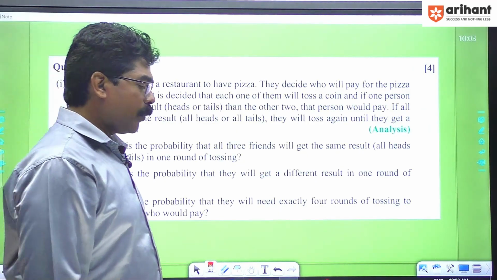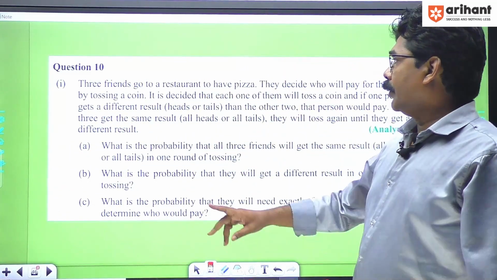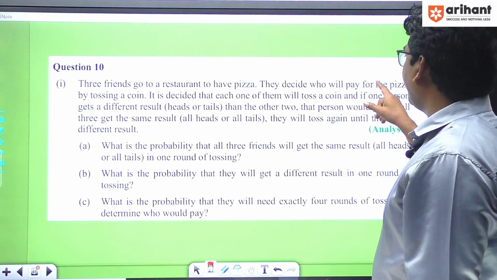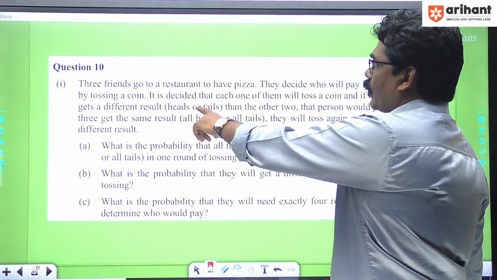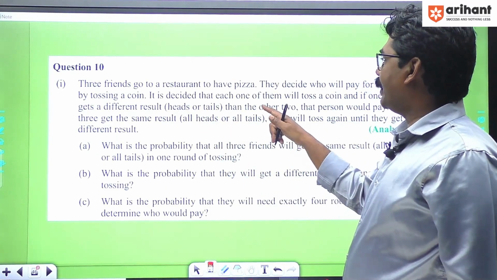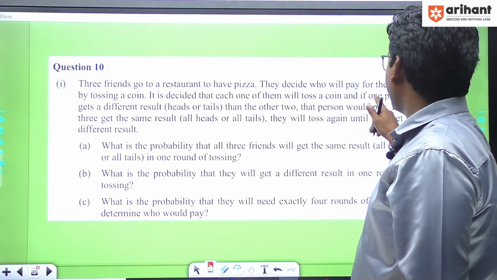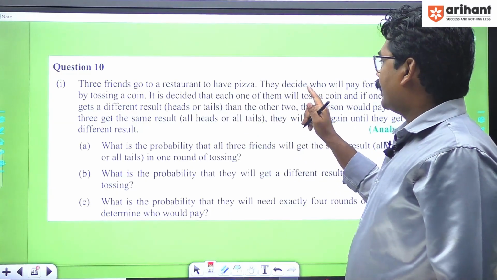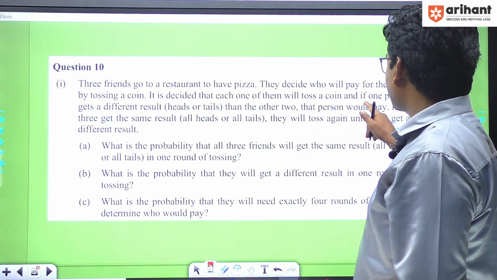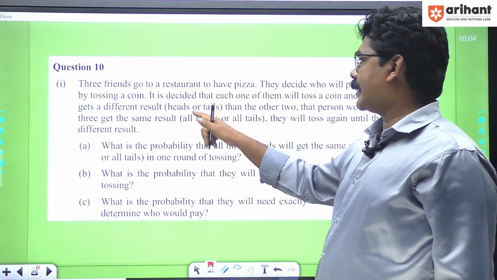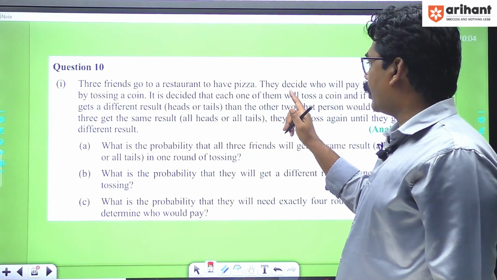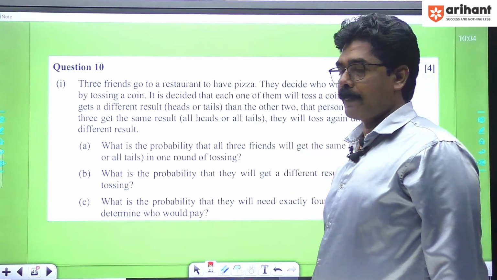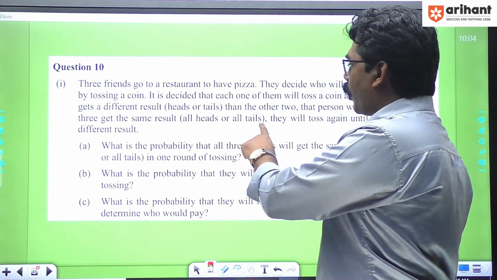Next example is of probability. See here, 3 friends go to restaurant to have pizza. They decide who will pay for the pizza by tossing a coin. It is decided that each one of them will toss a coin, and if one person gets a different result, head or tails, than the other two, that person will pay. If all 3 get the same result, all heads or all tails, they will toss again until they get a different result. Okay, then first part is, what is the probability that